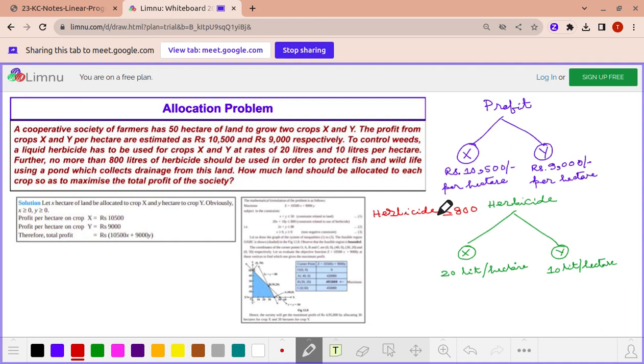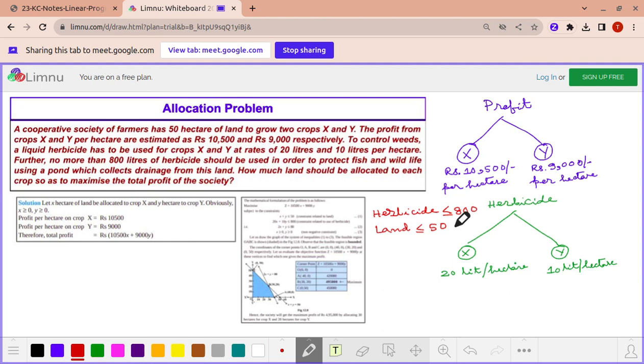And at the very beginning, it was mentioned a cooperative society of farmers has 50 hectares of land. That means the restriction on the land is 50 hectares. So land should be used less than or equal to 50 hectares, correct? That is also a constraint. Okay. How much land should be allocated? What is the question? How much land should be allocated to each crop so as to maximize the total profit of the society? Okay. So we are going to form the linear programming problem, but before that